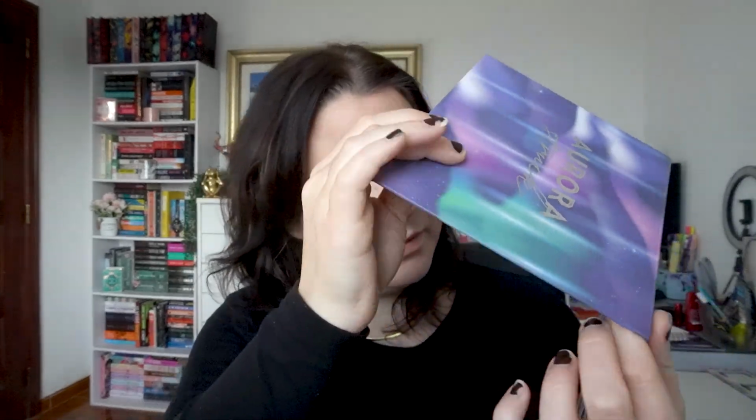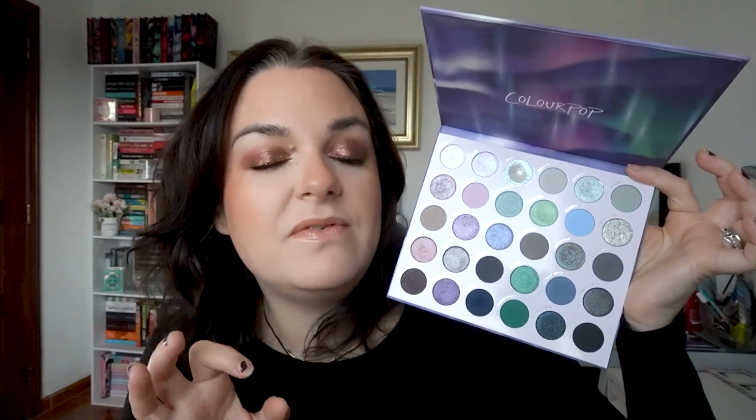that great. Okay, and then we have the Colourpop Aurora Struck. So I've been trying to use this a little bit more because obviously it's quite a huge palette and I really haven't put much time and use into it. Again, I don't remember why I pulled this. It might be for my 7 days, 7 looks. I am currently filming a 7 days, 7 looks, and I don't know which day I'm on at the moment because obviously I'm not doing it in order. So I might have done a look. Oh yeah, I did. I think I went into like some of the blues for that. So you'll just have to wait and see what that looks like because I do not recall. I have not edited that video. I don't even know how it looks, but I thought actually the pigmentation was really nice in some of these